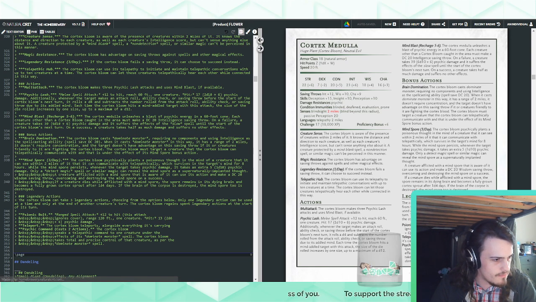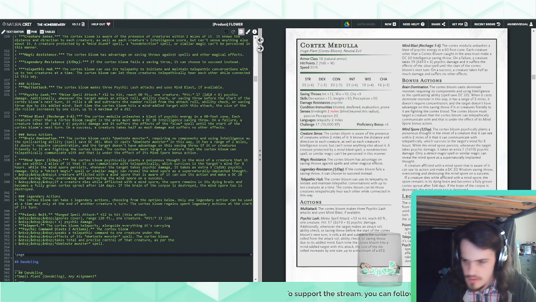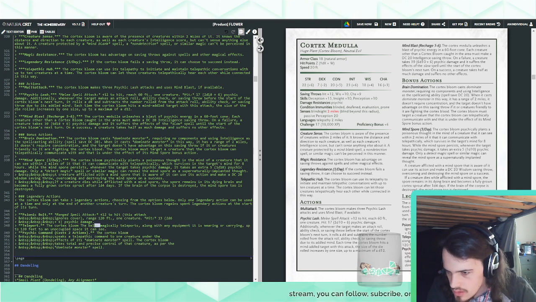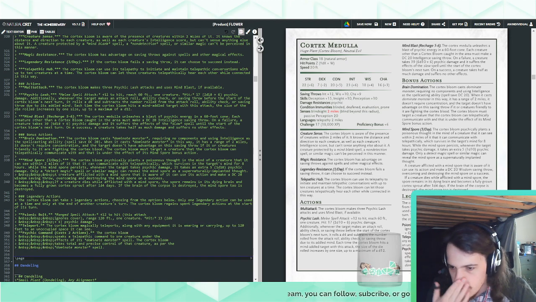Fiends can teleport. No, they're very specifically can't. Maybe, I think Balors can? I think the demons, they get a lot of teleporting abilities. Magically teleports with any equipment it's wearing a...